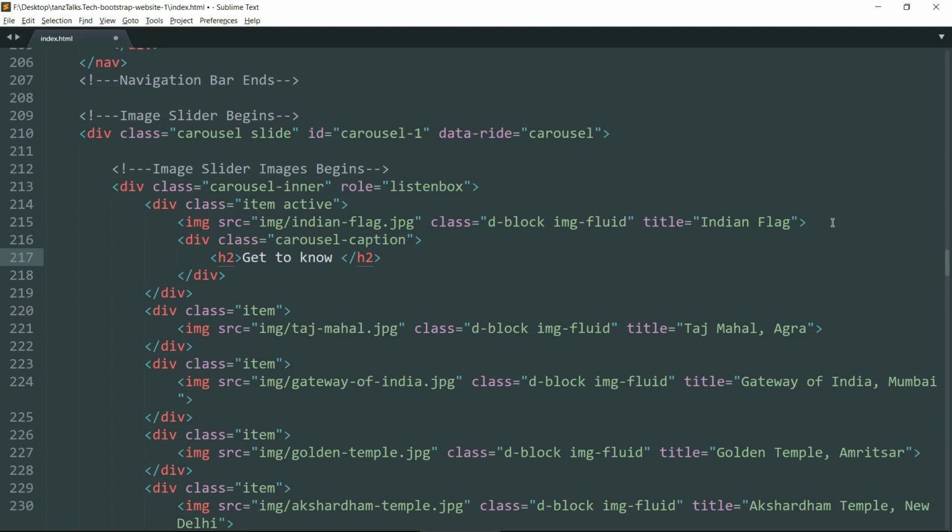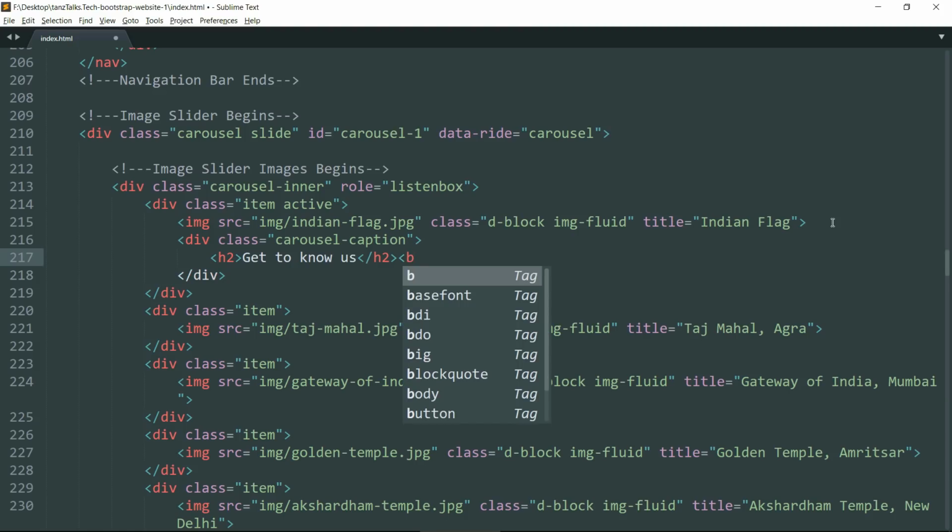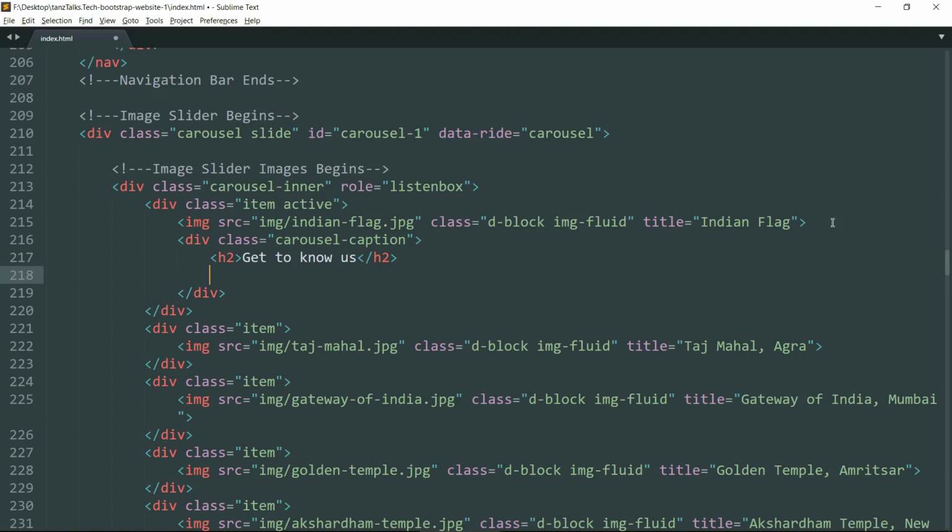Fine, then save this and let's add a button. Define a link first, href, let's just leave it a hash symbol and type as button because we need a button there,